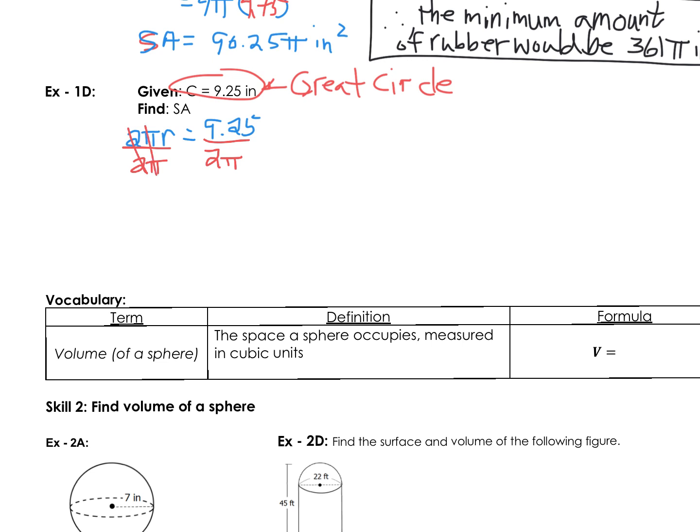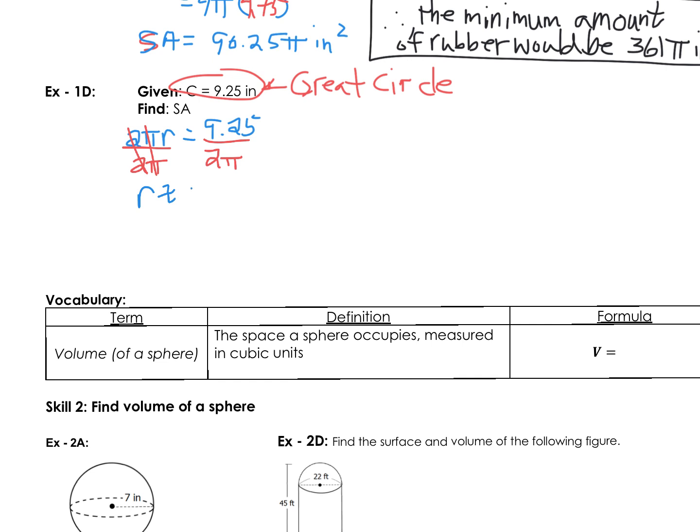And because we want surface area and not just the radius, I am going to round my radius to 5 decimal places because I've got pi in here. I'm going to have to divide 9.25 by pi. So I'm going to take 9.25 on my calculator, divide it by 2, which gives me 4.625, and then I'm going to divide that by pi,